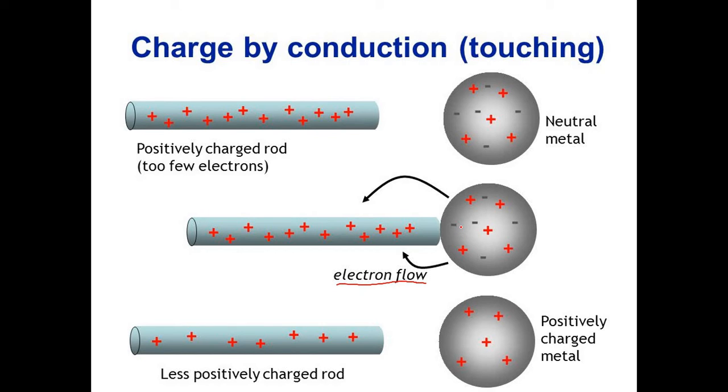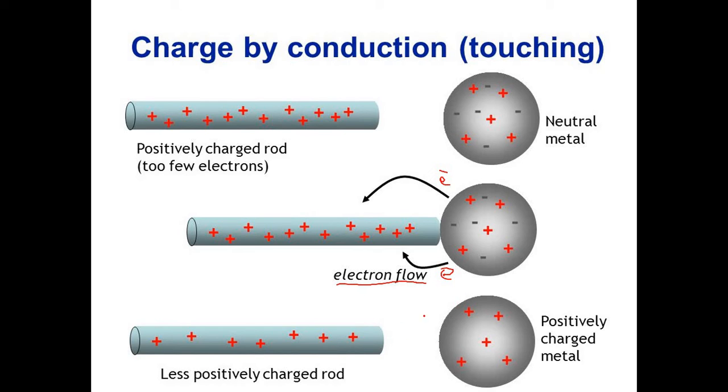Okay, the electrons will flow between these two materials. For this neutral metal, we can see that the electrons will flow to the rod because they are attracted to the positive charge of the rod. So then,